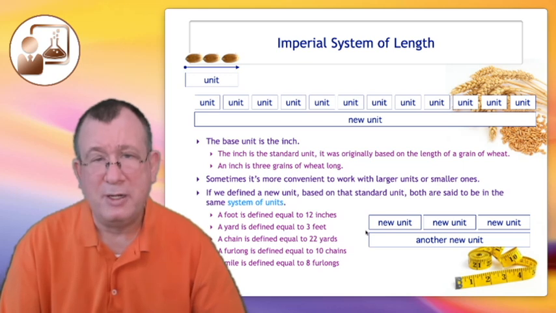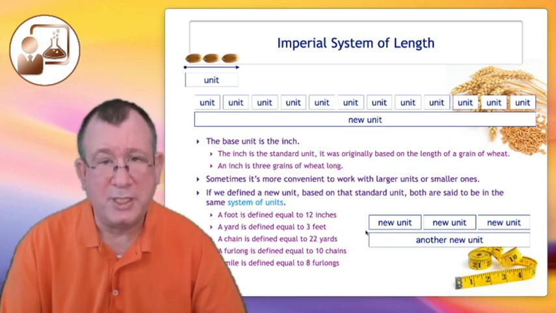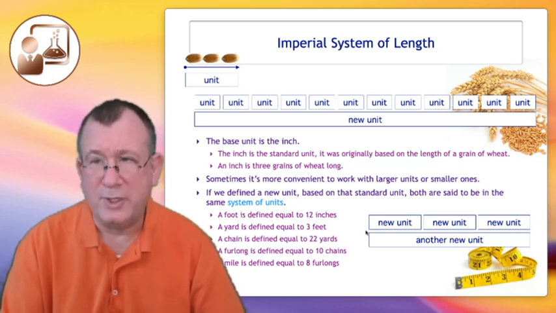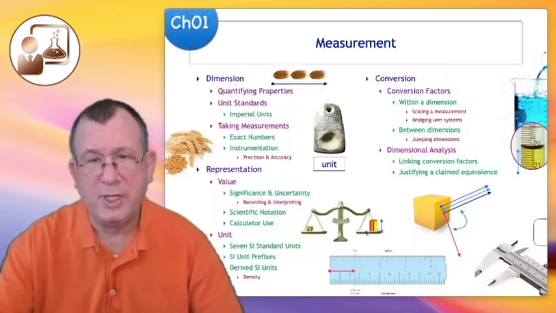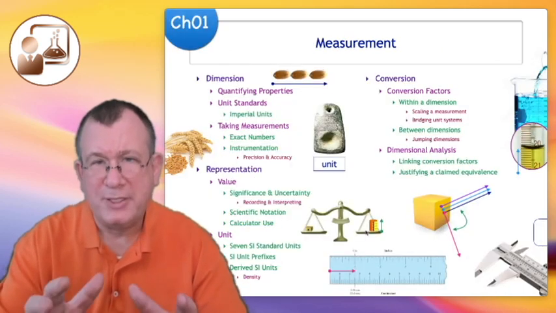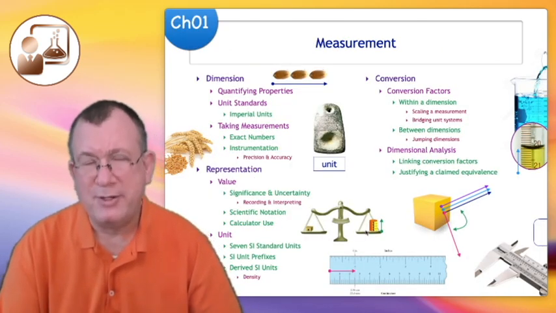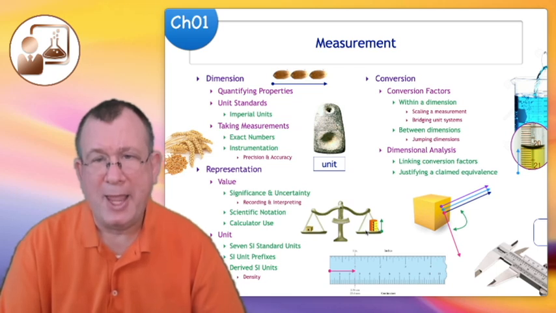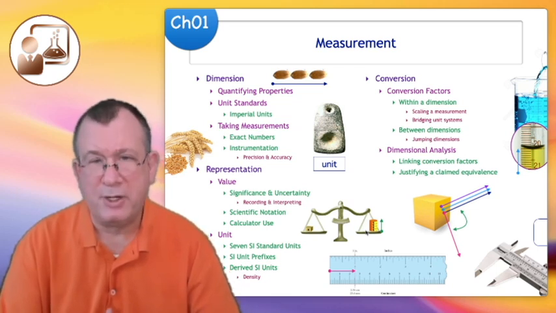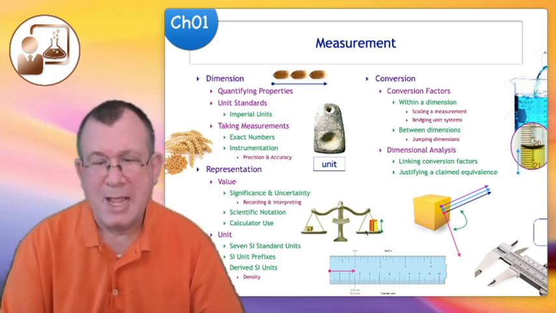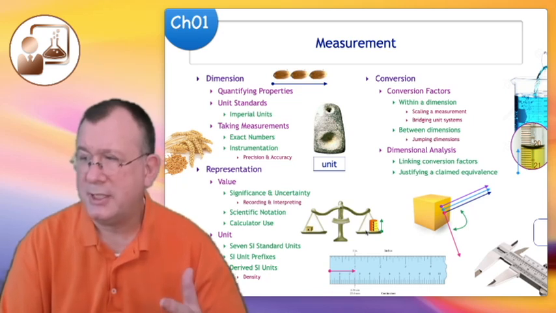The entire imperial set of units was originally based on that grain of wheat. I won't get into a lot more detail on that one, but we will come back to standardized units, and we'll find that there are things that are better than a grain of wheat to standardize on. But the next thing we should talk about is